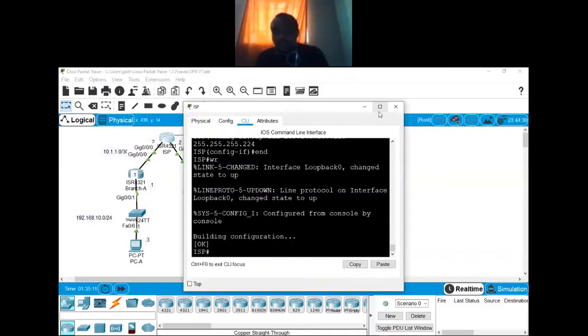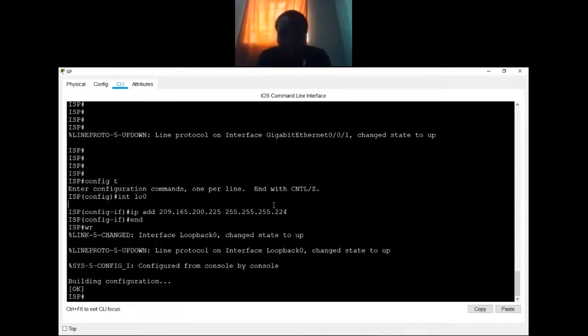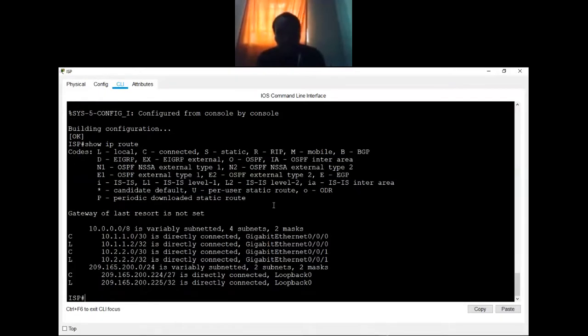PCA is on network 192.168.10. If you check the routing table of our ISP with show ip route, it doesn't know about that network. It doesn't know about any 192s, whether it's 168.30 or 168.10, it doesn't know about any of them. So for right now, PCA cannot communicate with the ISP, and PCB cannot communicate with the ISP. You can check on your lab, confirm everything is working as per the intent.